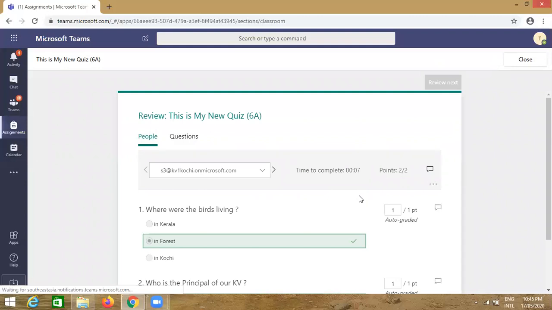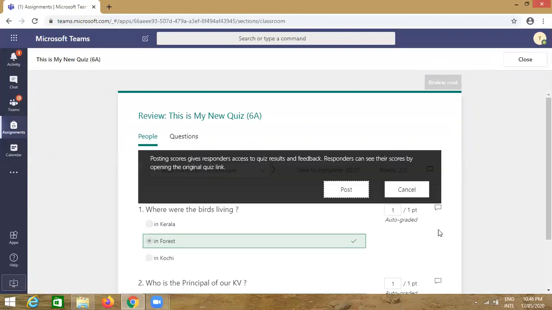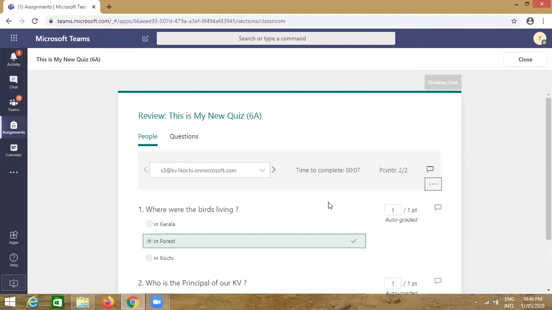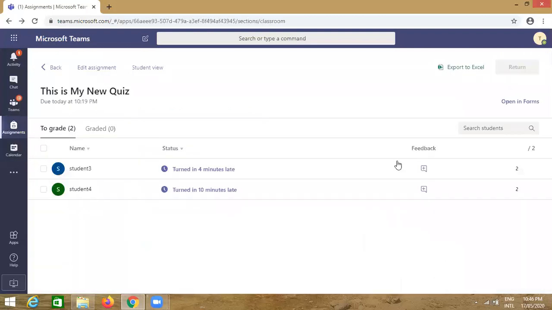So when opened, click on the more options and click on the post scores. Click on post. Now click on close here. So now one student assignment has been reviewed and score has been posted to the student.